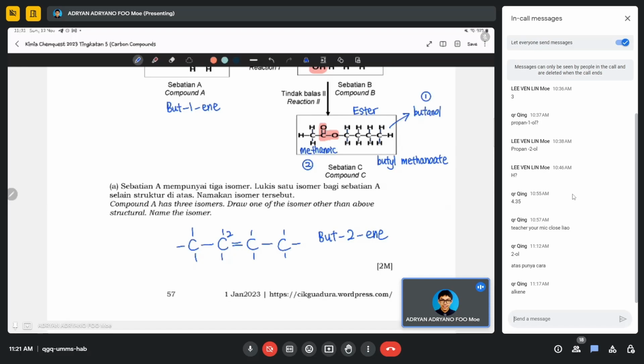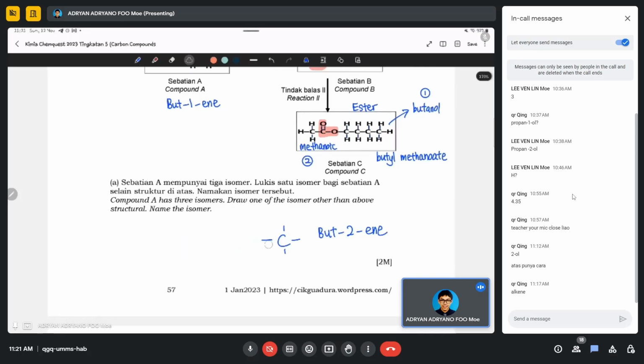We learn chain isomer and branch isomer, branching 的。Okay, so here actually we can do the branching. This one is your one answer 啦。